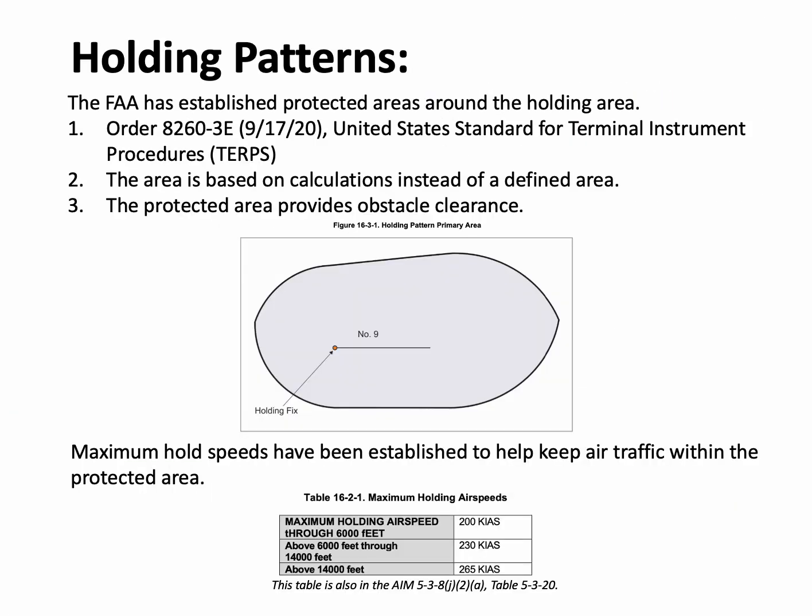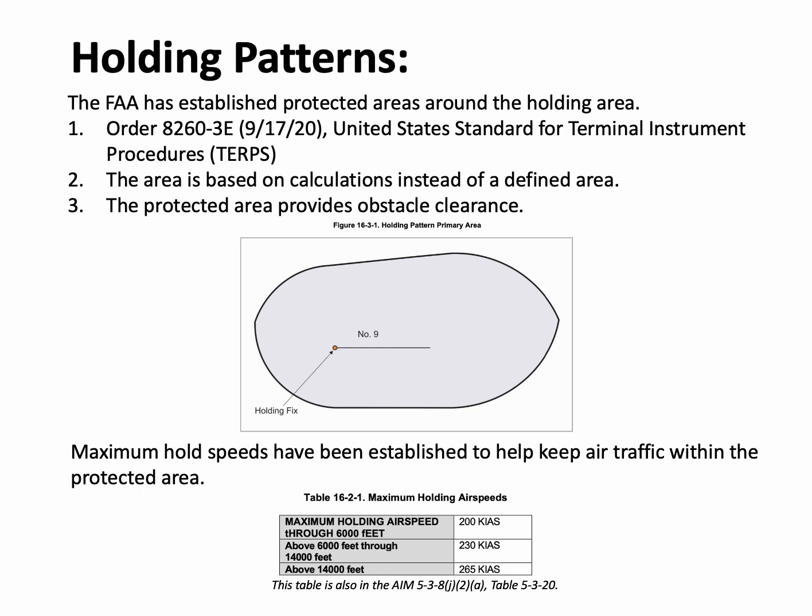Here are some additional things you should know about holding patterns. For each hold, the FAA has established a protected area around each hold. The specific dimensions of the holding space are determined by the criteria listed in Order 8260.3E, the United States Standard for Terminal Instrument Procedures, known as TERPS. The exact dimensions of the protected area for a hold are not published and not every hold is the same,